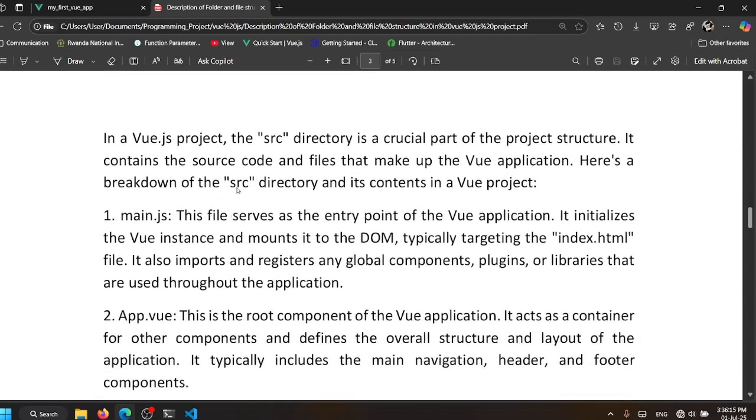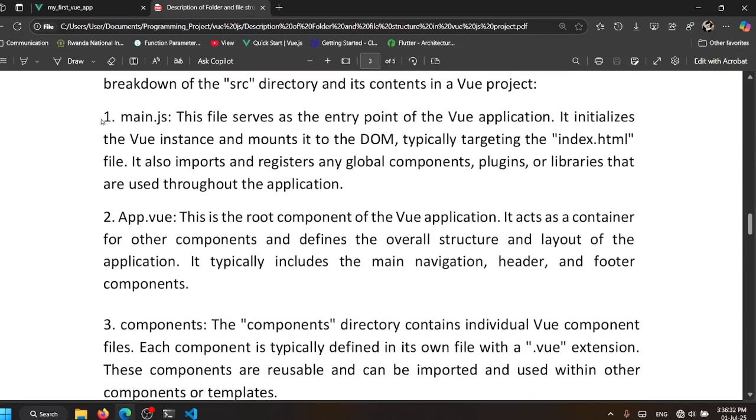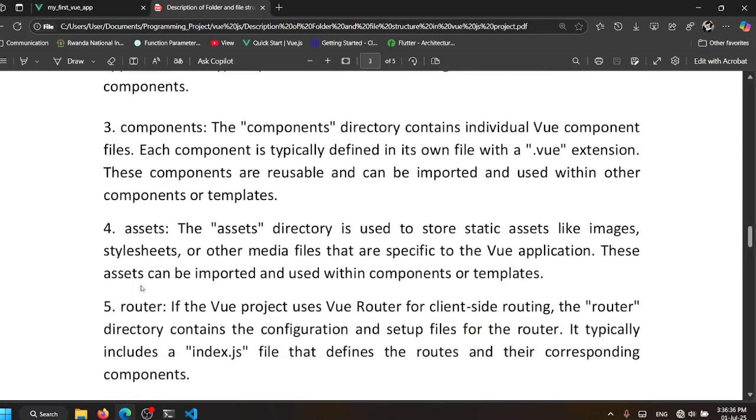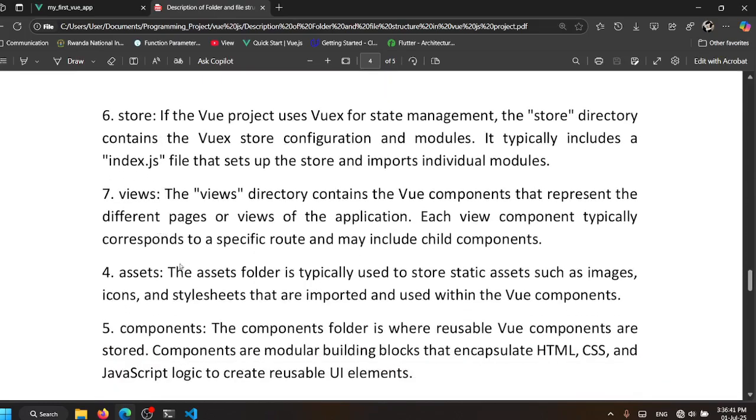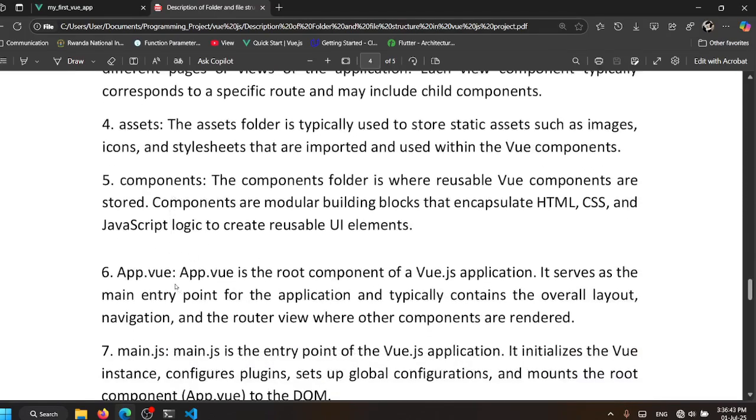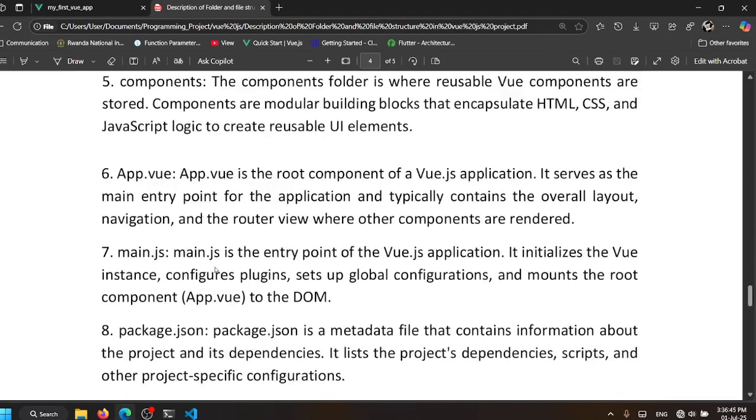And also in the Vue.js project, src is a crucial part of the project structure. It contains the source code and files that make up the Vue application. The breakdown of src and its contents is as follows. The first one is main.js, App.vue, components, assets, router, store, views, assets, components, App.vue, main.js,